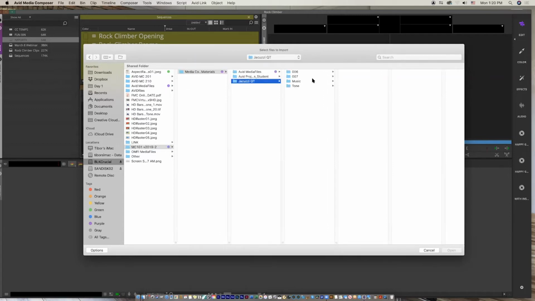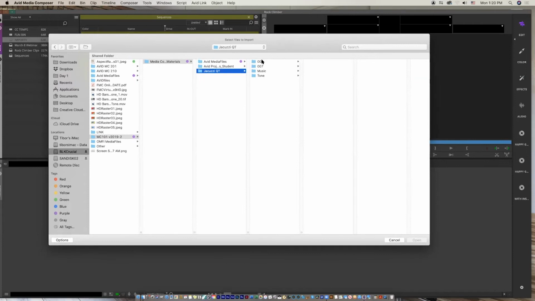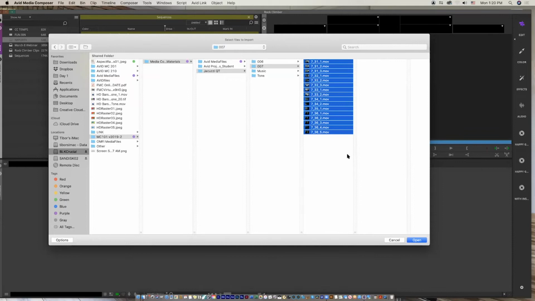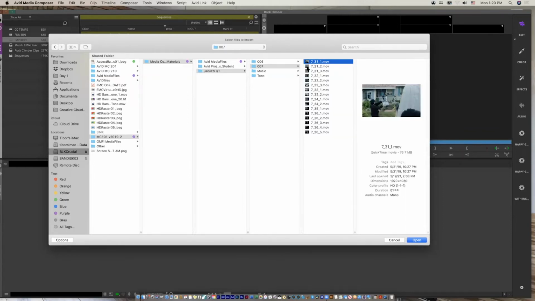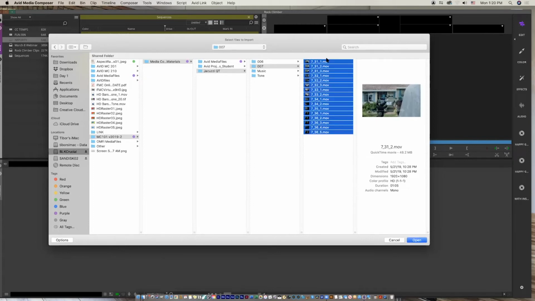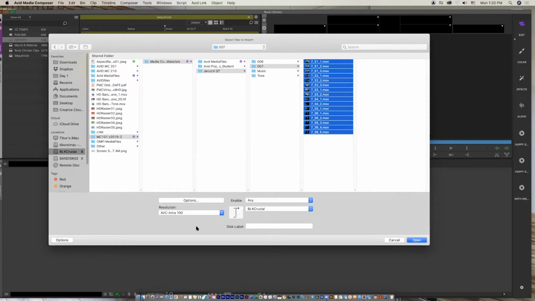And imagine that this jacuzzi QuickTime is the camera original. So these are all camera original QuickTime MOVs. Think about it that way. So you can select one of them or multiple ones. And when you import, you have to decide how they come in. Two options. One option is you define it at the time when you're importing it, which in this case, you